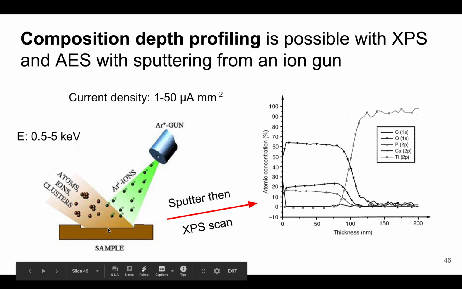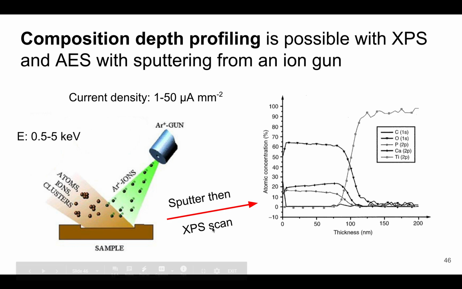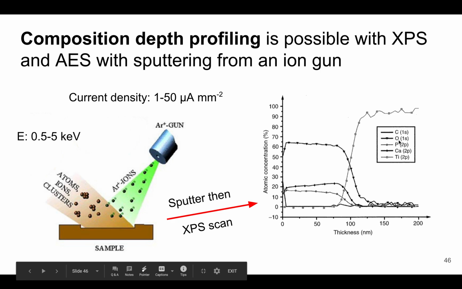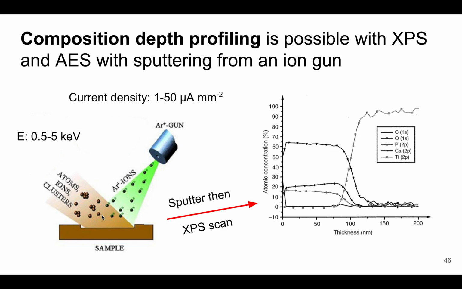Those charged ions collide with the surface and dislodge atoms, ions, and clusters from the sample. We use that to clean the surface, but we can also use that to remove material from our sample. The idea is that we sputter to clean the surface, and then we obtain an XPS scan, like a survey or particular regions, carbon, oxygen, phosphorus, any of those regions, and then we sputter again,